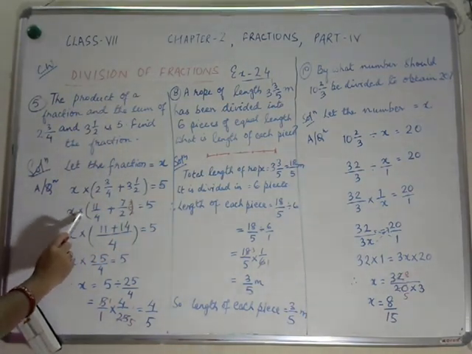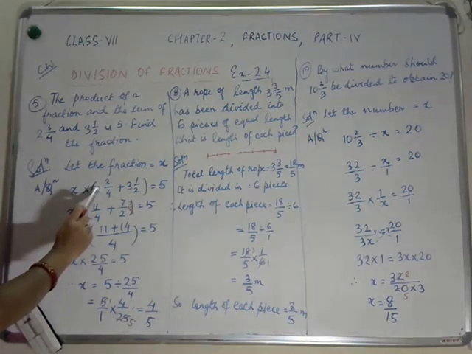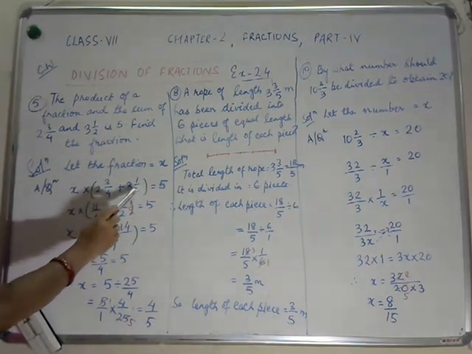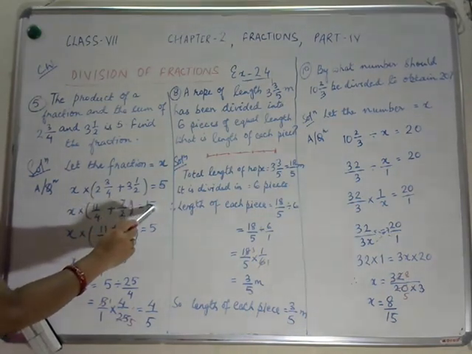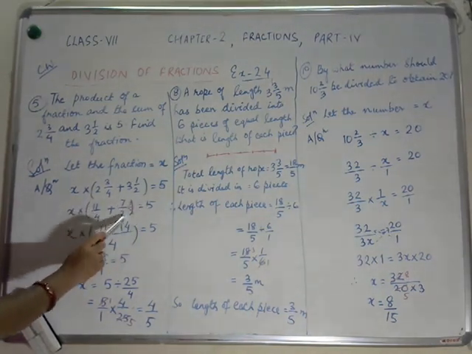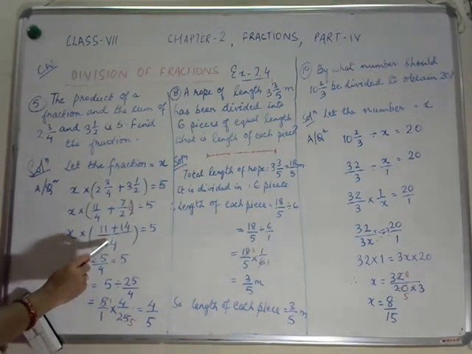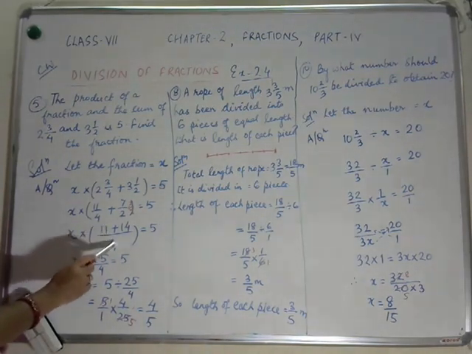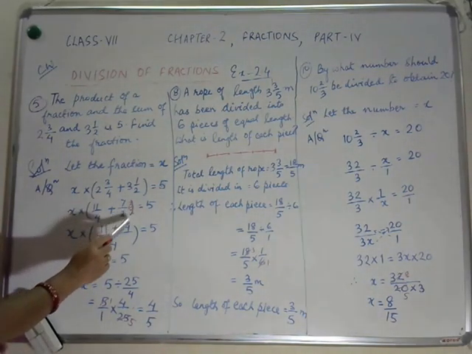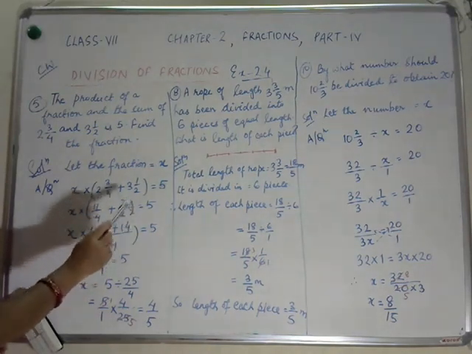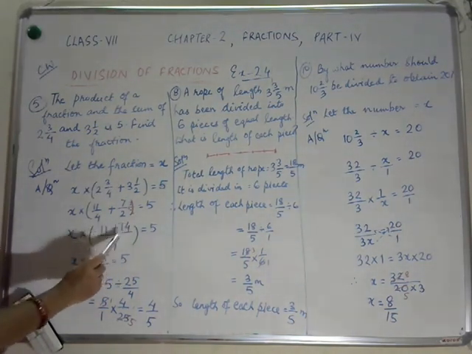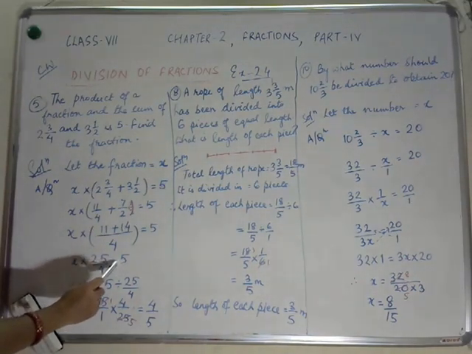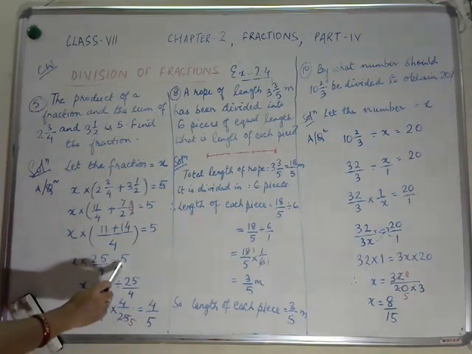Now x into 4, 2 4s are 8, 8 plus 3 is 11 by 4, 3 2s are 6 plus 1 is 7 by 2 is equal to 5. Taking the LCM of 4 and 2, it will be 4. So 11, since 4 and 4, it will be 11. Now 2 2s are 4, so 7 2s are 14 equals to 5. X into 11 plus 14 is 25 by 4 is equal to 5. Now x will be 5